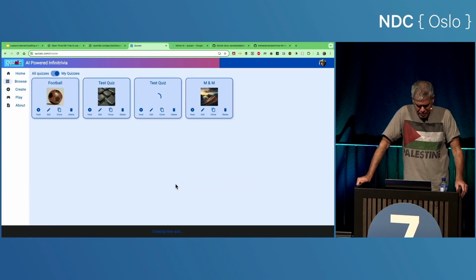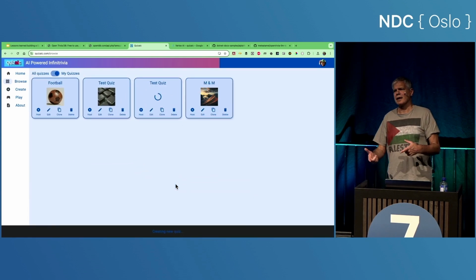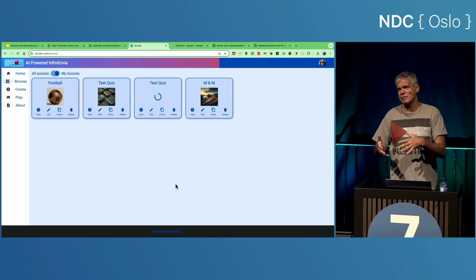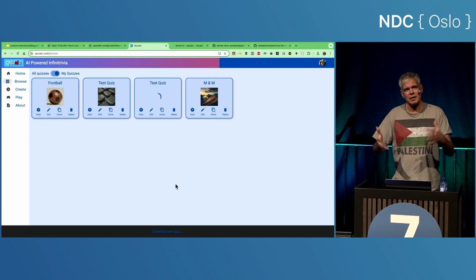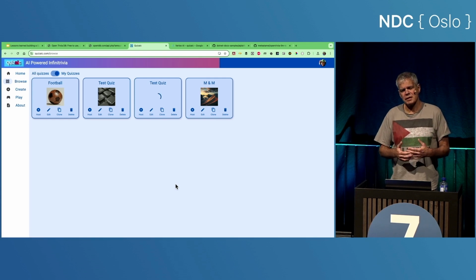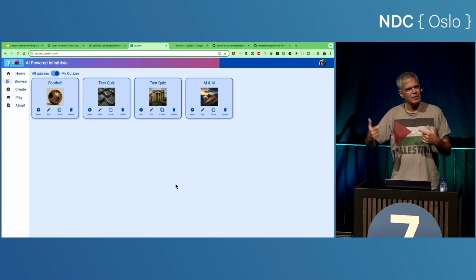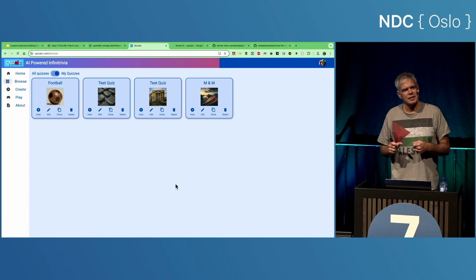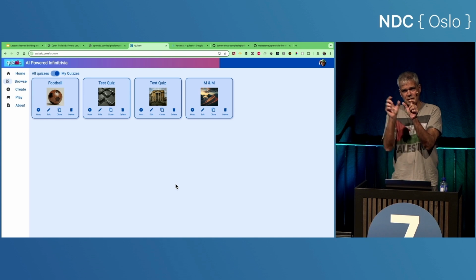Let's save it. And while it's thinking, I'll tell you just the backstory on this language feature. I was giving this talk, or a variation of it, in Sweden, and I thought, here I am, the ugly American, everything I'm doing is in English. I should really make this talk in Swedish. And then I thought, LLM. I just have to add the words in Swedish to my prompt. And so I got up in front of the audience, and I added in Swedish, and I put it in the wrong place in the sentence. I said, generate a quiz based on this topic, fill in the topic, in Swedish.